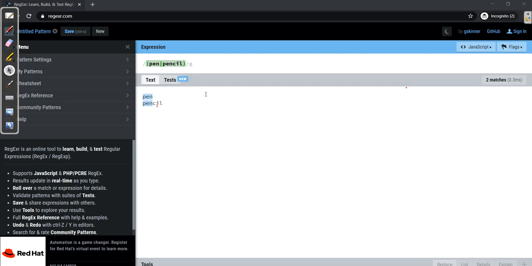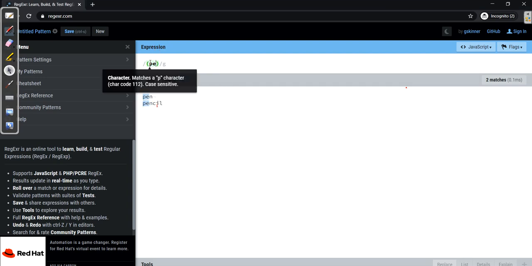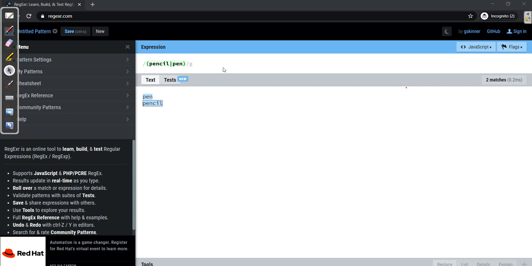So how can we resolve it? By writing pencil first, then the upright bar and pen. Now this time it is matching both. Why? Because first it has pencil. Let's take the regex as a person.